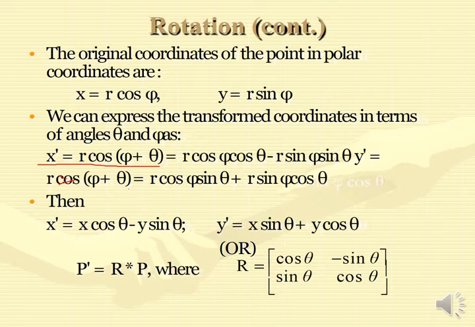So if I simplify this, we get x dash equals x cos theta minus y sin theta, and y dash equals x sin theta plus y cos theta. Now why are we getting this? Because if I simplify this, we are getting these values. We already have that r cos phi is equal to x. We are replacing this over here, and we are getting x cos theta. Similarly, replacing r sin phi, we are getting y sin theta, and similarly we are getting this equation.